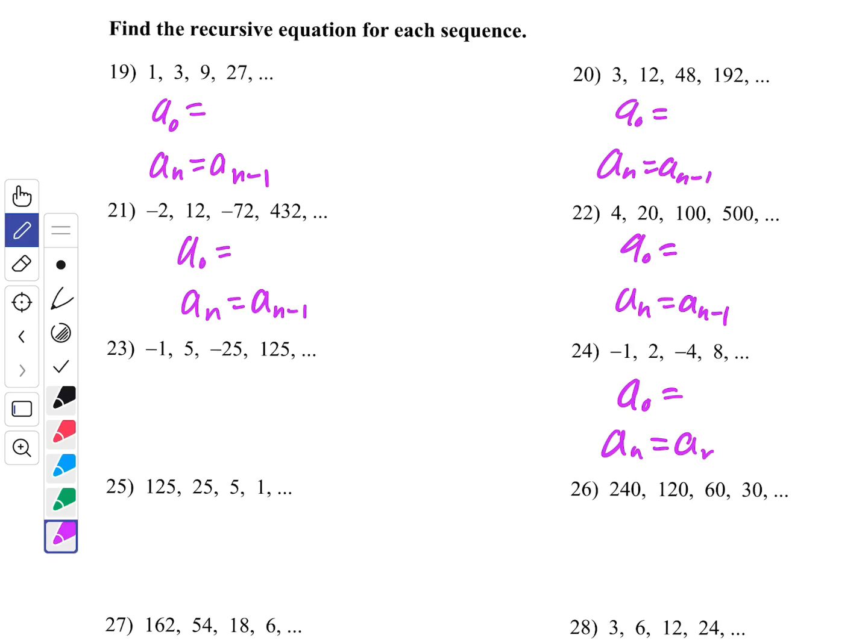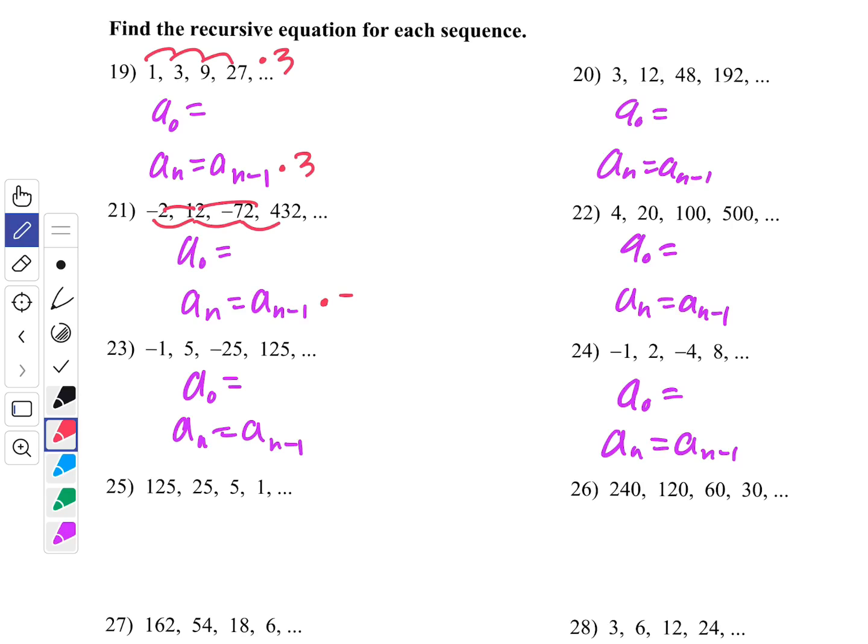Honestly, the hardest part, I think, with the recursive equations is just getting tired of writing them out. All right, so we find our growth, 1 to 3 to 9 to 27, times them by 3. Negative to positive to negative to positive, times them by a negative number, 2 to 12 to 72, definitely it's negative 6. Negative 1 to 5 to negative 25, again, times them by a negative number, and it's going to